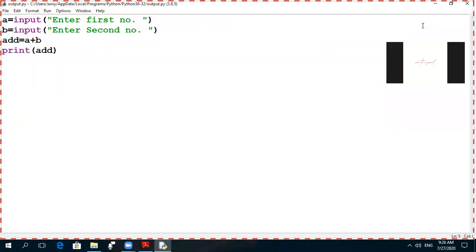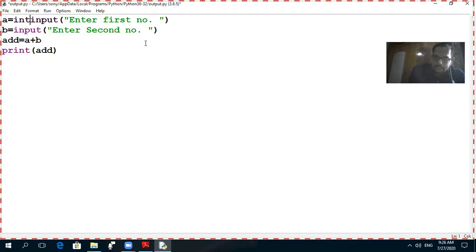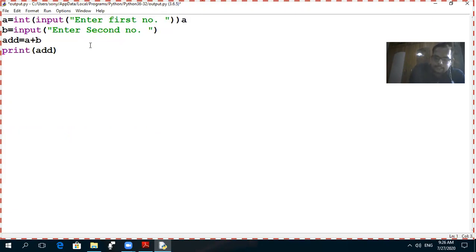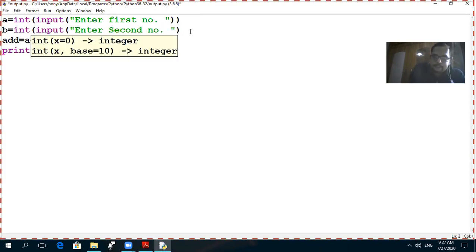Because whatever we take through the input statement is converted into the form of string. Clear? And if we want 1 and 1 to be 2, then for that convert your string value to the numeric value first. We convert any string value to numeric value through this int. This is called typecasting, means type conversion.